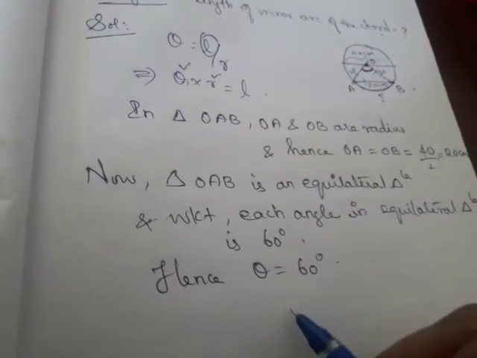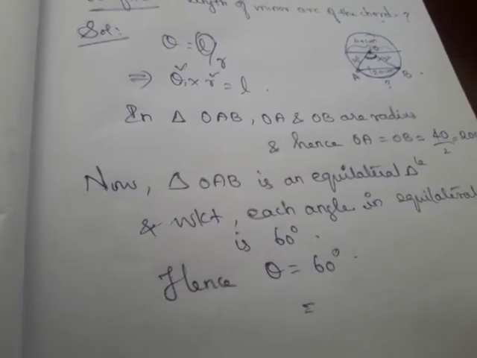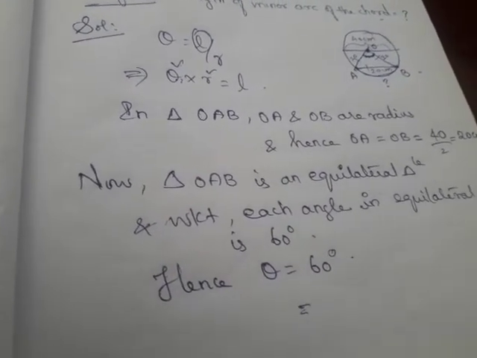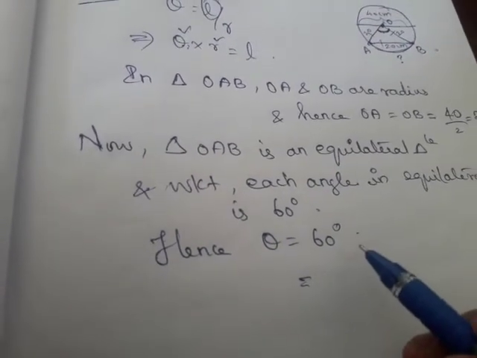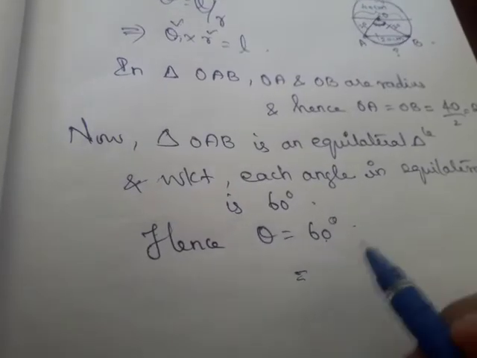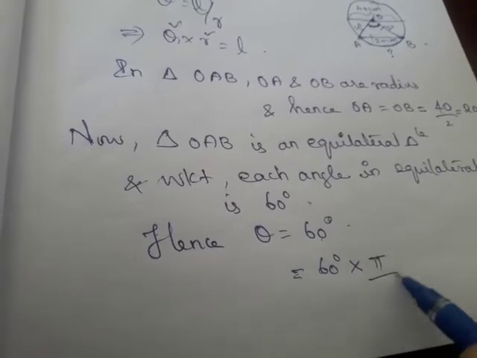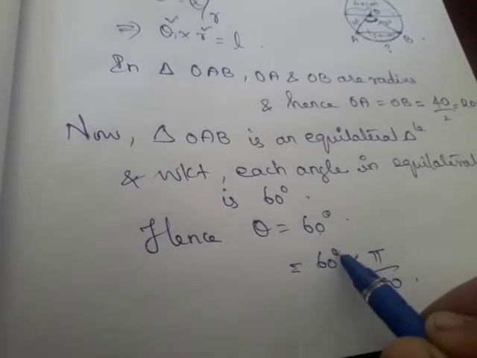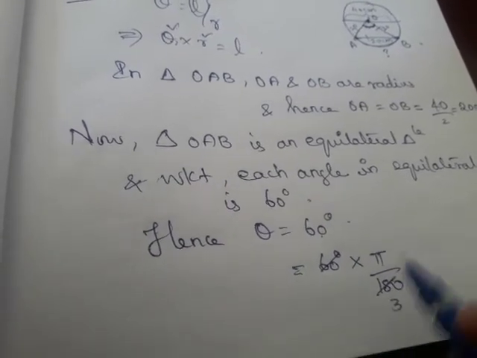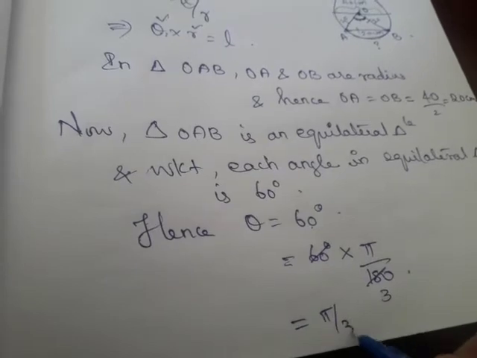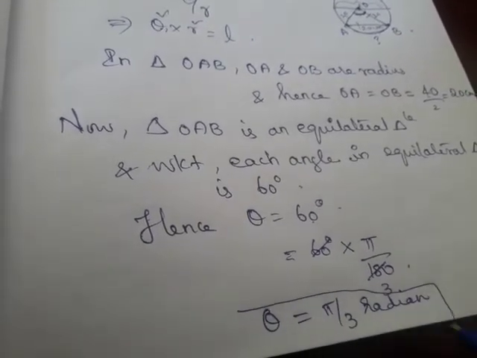But how will you convert it into radians? We know the radian measure for some standard angles, right? 60 degree is nothing but, if you don't remember the standard value of the radian directly, you can convert. How will you convert degree to radian? The degree measure into radian only we need. So 60 into pi by 180. So cancel it how many times? 6 3s are 18, right? The zeros will get cancelled. So which equals pi by 3 radian. So theta is pi by 3 radian.